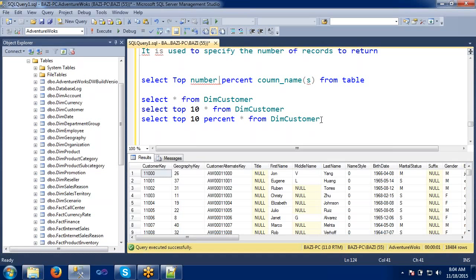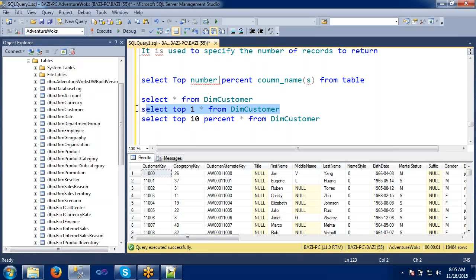Actually, in which sense you are saying top 10? I'm having the total of around 18,000 records, right? Yes, sir. The first set of the top records. Let me say select top one record.